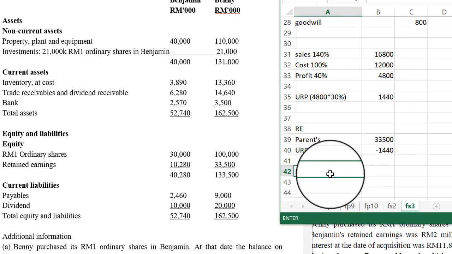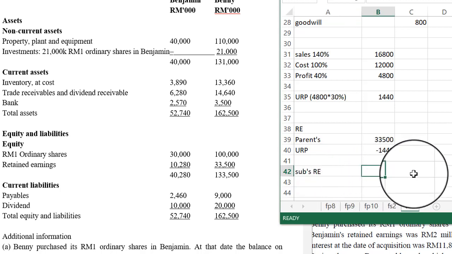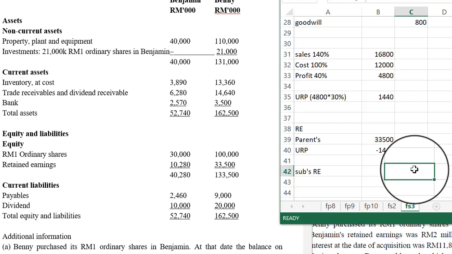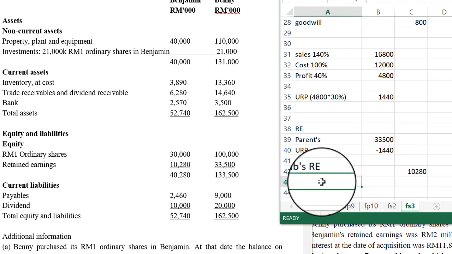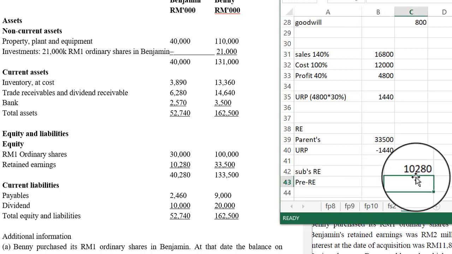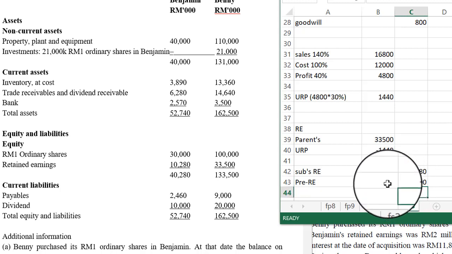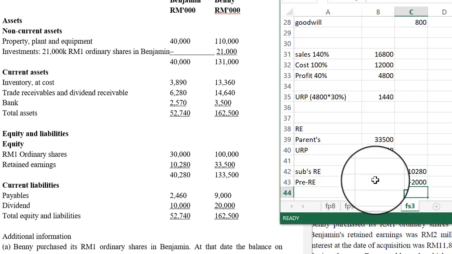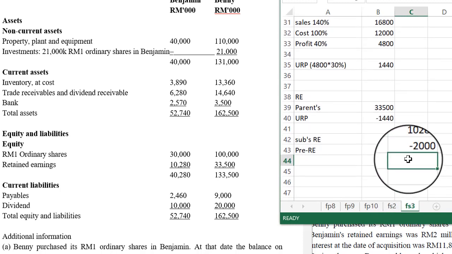And then the subsidiary's profit, or we say the subsidiary's retained earning at the beginning. So your retained earning at the beginning, the profit you have before this is 10,280, right? But then you have to minus the pre-acquisition retained earning. This is according to the question 2 million, so you have to minus it out. And then during the year there is nothing more we need to adjust, so that's all. Here you have